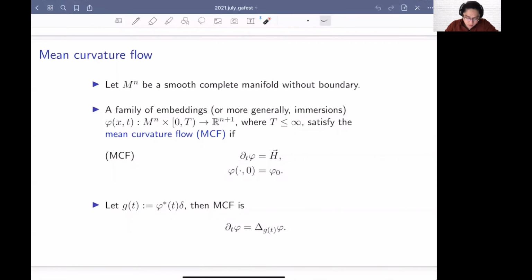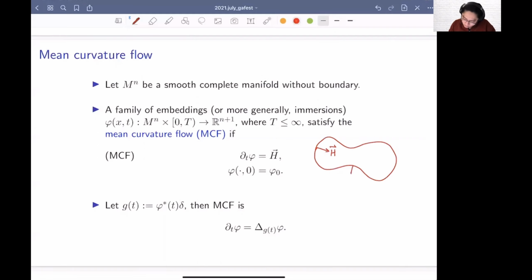In this talk, we let M^n be a smooth, complete manifold without boundaries, and a family of embeddings, or more generally immersions, phi, are said to satisfy the mean curvature flow if they evolve according to the following PDE system. Well, geometrically, if we just consider the one-dimensional case, then we have a curve, say a curve embedded in R^2, then